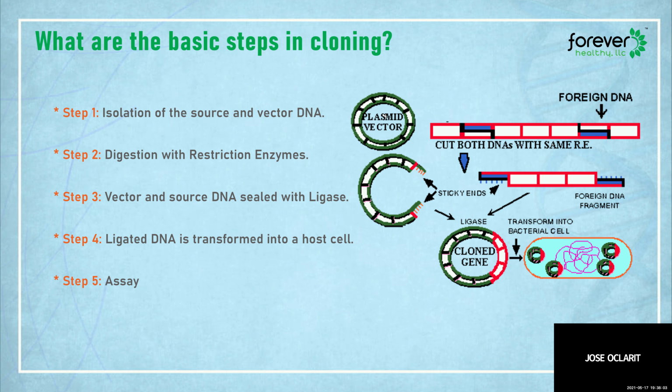Once the DNA is inserted into the vector, you call it a clone gene. And this clone gene can now be reinserted back to the cell where the plasmid is found. You can expect the plasmid to multiply by itself inside the host bacterial cell. Since the plasmid is an extrachromosomal unit of the bacteria, the plasmid will now be reintroduced to the bacteria.